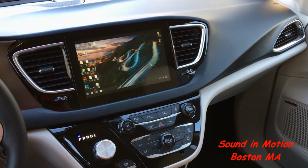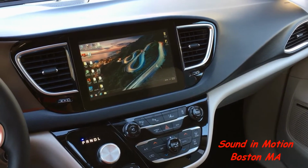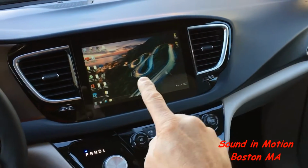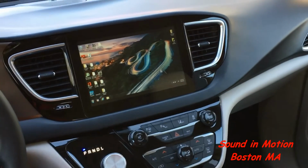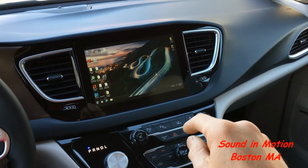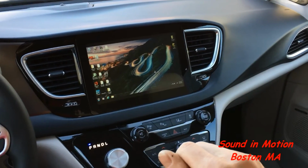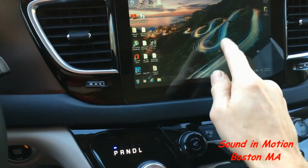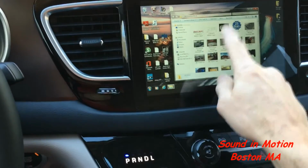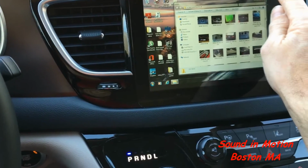We just finished this cool project in a 2017 Chrysler Pacifica, and basically what we did is we took the factory 8-inch screen that was here and relocated it down there, I'll show you in a second, and replaced it with a 10-inch touchscreen that runs a computer that's in the back. So you basically have now full touchscreen capabilities here. You can scroll through, do whatever you want to do, and